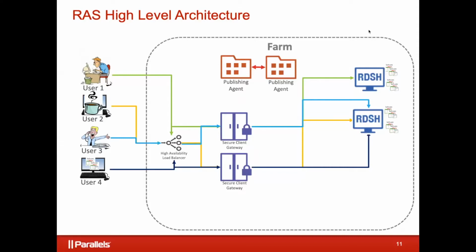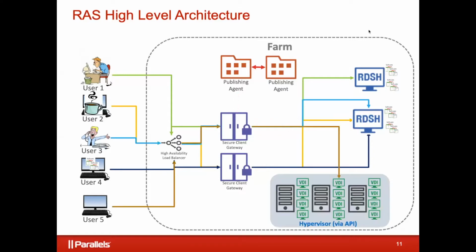The other cool thing about RAS, though, is it is an all-inclusive, all-in-one solution. So if you have another user coming in that happens to need VDI, we can handle that as well. VDI is included in the product. We use the same thing, right? They'll go through the load balancer, the gateway, the publishing agent, only this time we'll hand them off to a VDI. And you can mix and match. Users can get applications and VDI and so forth. It's all included. We don't change our licensing, anything like that. We're also hypervisor agnostic. I actually haven't come across a hypervisor that people would use in production that we don't support. So that's all right there.